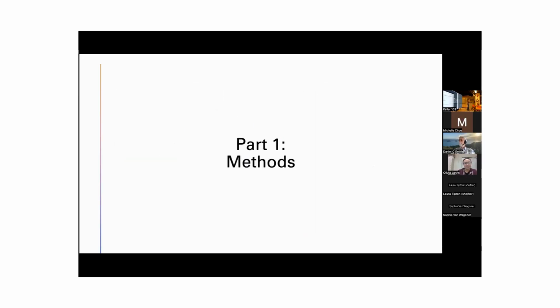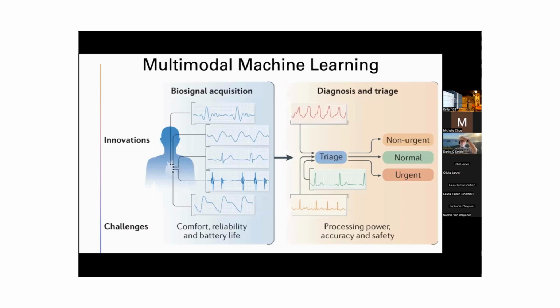And that requires a lot of methodological innovations in machine learning. So I want to start by talking about some of the machine learning projects, the hardcore data science projects that some of my students are working on. One of these areas is multimodal machine learning as a method. A lot of times you have a machine learning model with one input, but when we're quantifying the human body, we often want to measure multiple signals at once.